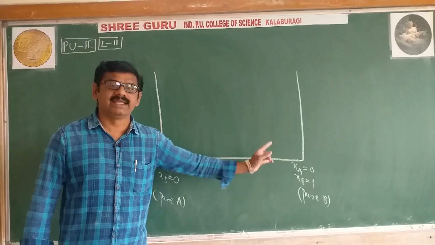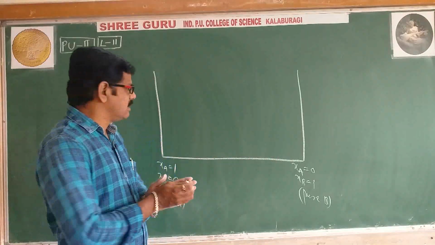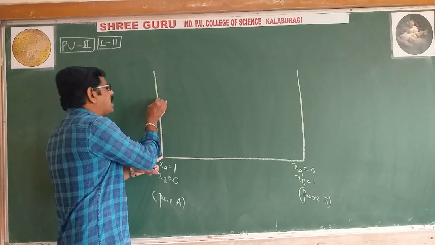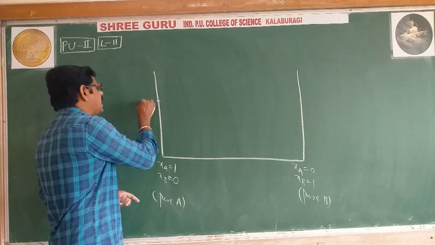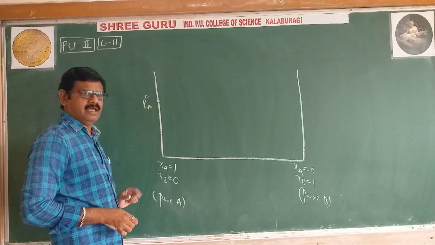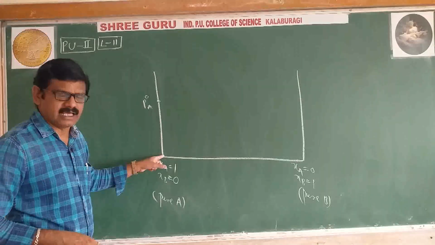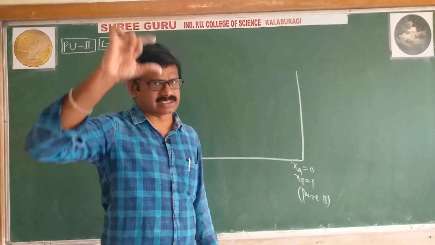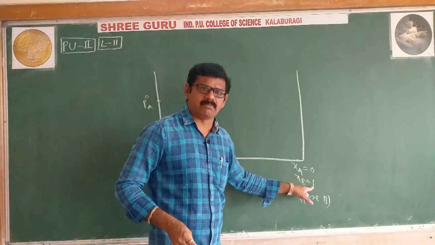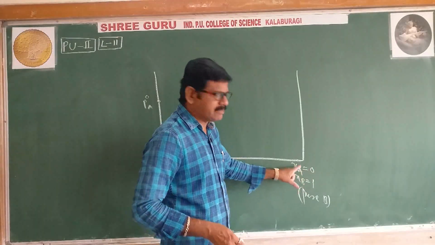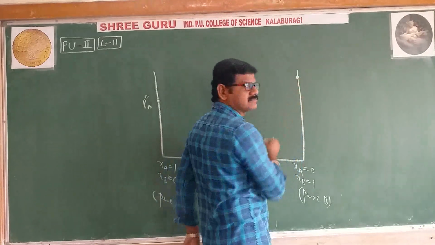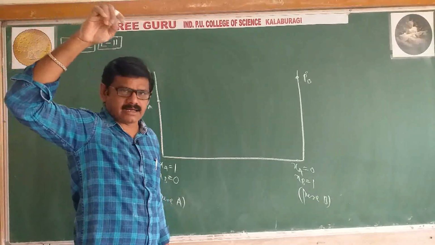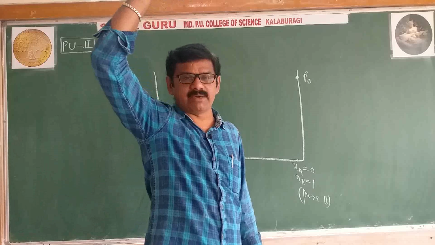First we'll plot for ideal solutions, which we have taken already yesterday. Here only one component is there. One component exerting pressure is nothing but the pure pressure. Pure is shown as P naught A, which I have shown here. Second component is not there. Here also only component B is there and A is not there, so only B exerts pressure, and that is also P naught B, the vapor pressure of the second component.